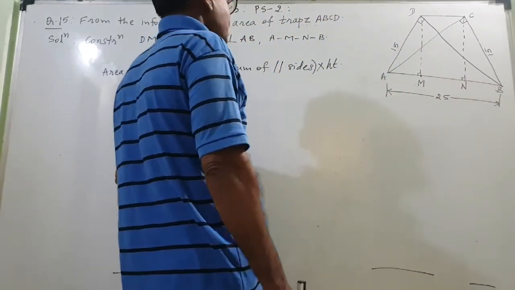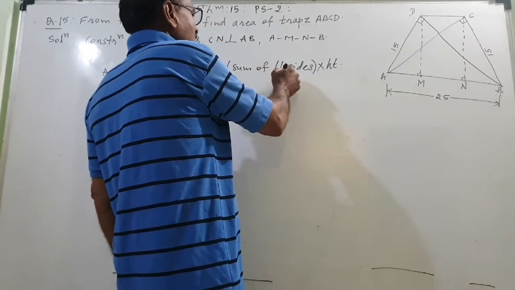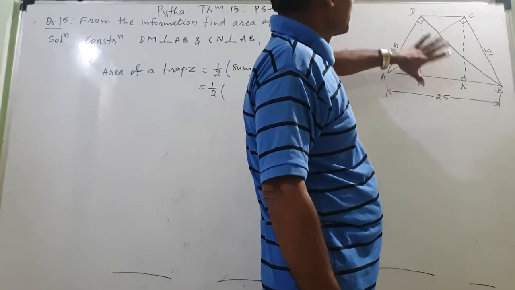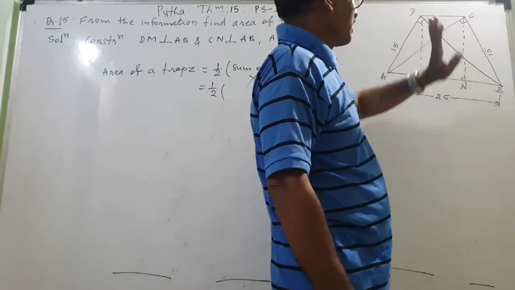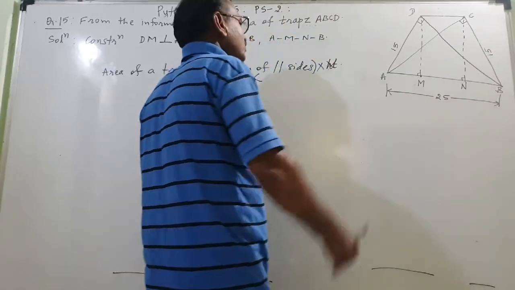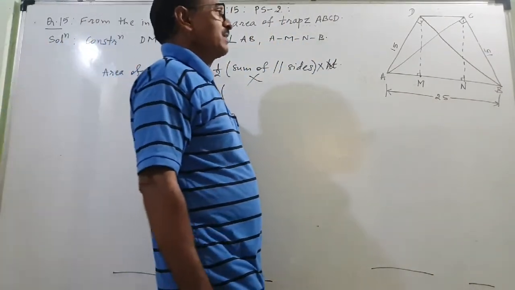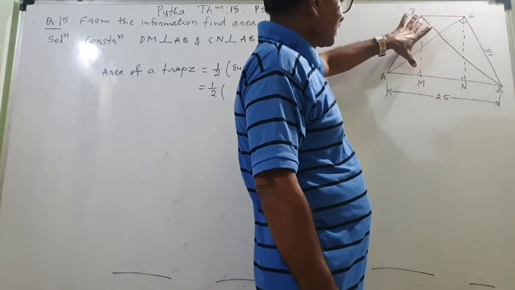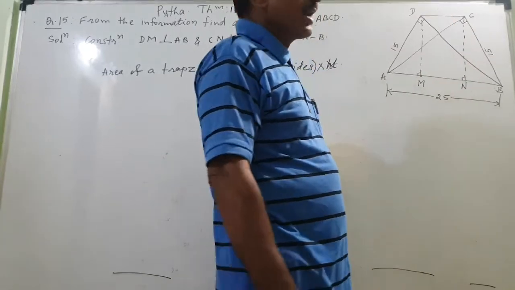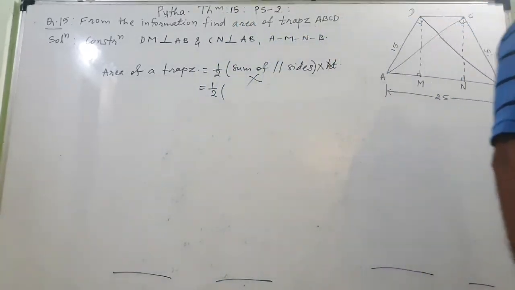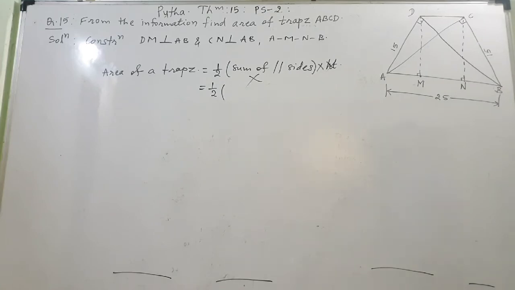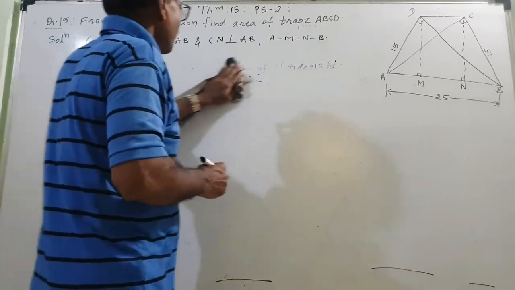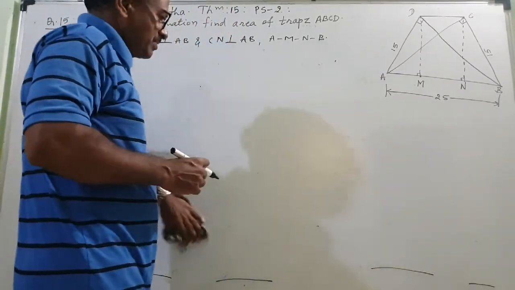Here itself I am struggling. This I don't know. Then height means the distance between the two parallel sides, either DM or CN, that I want, that also I don't know. So my aim is to find DC and this perpendicular distance, either this or this. That I want to find. So I will think over how I can find it. This formula I know, but I cannot substitute the values and find the answer immediately.